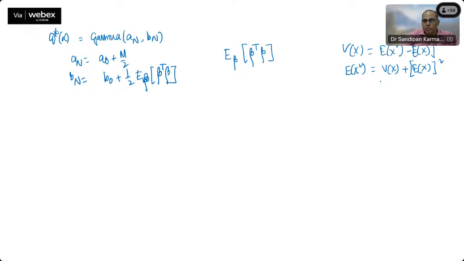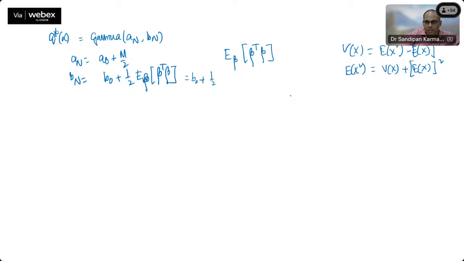Beta square is nothing but beta transpose beta. So that's why we can use that. So this is a very cool trick. So this will be b naught plus half, and now this is actually beta transpose beta. So for beta transpose beta, it is coming as